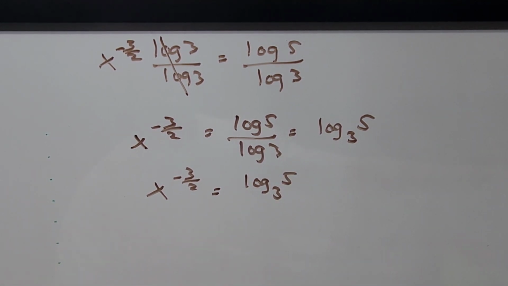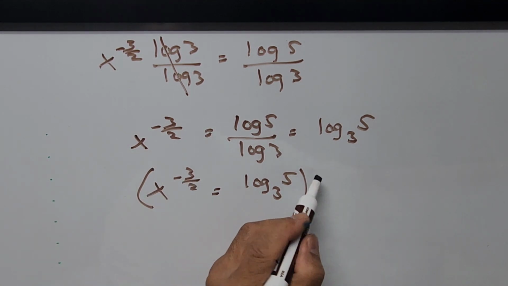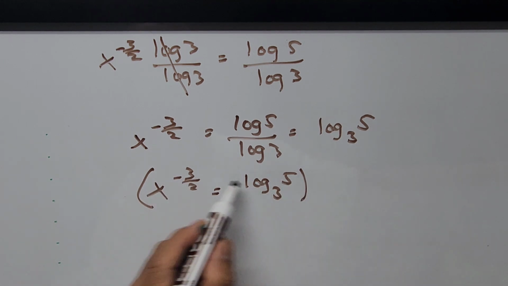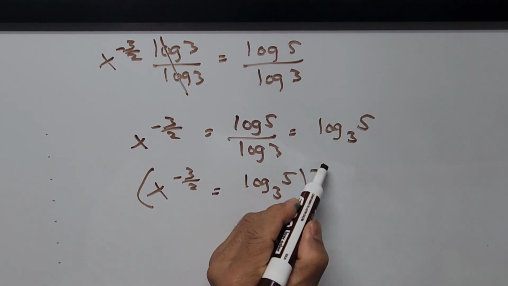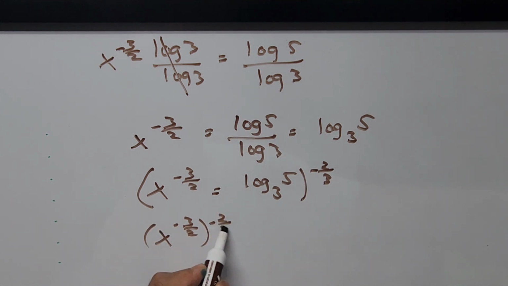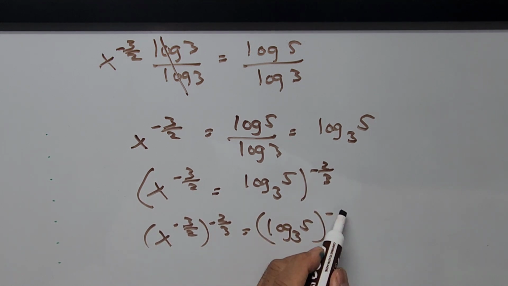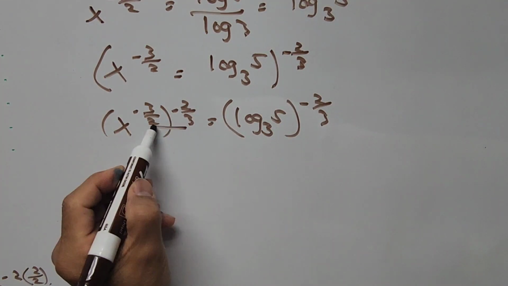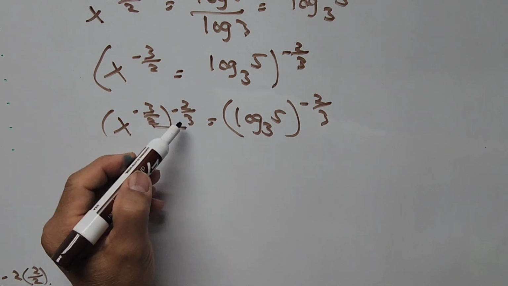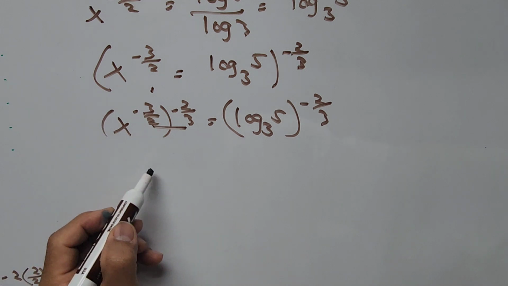Solving for the value of x, raise to the reciprocal of the exponent -3/2. Since this is negative, we're raising to the power of negative, so -2/3. So we have x to the power of -3/2 raised to the power of -2/3 equals log base 3 of 5 to the power of -2/3. So we have here multiplying the exponents. Negative times negative is positive, but we're multiplying the reciprocal of the numbers, so this will become 1. So we have x is equal to